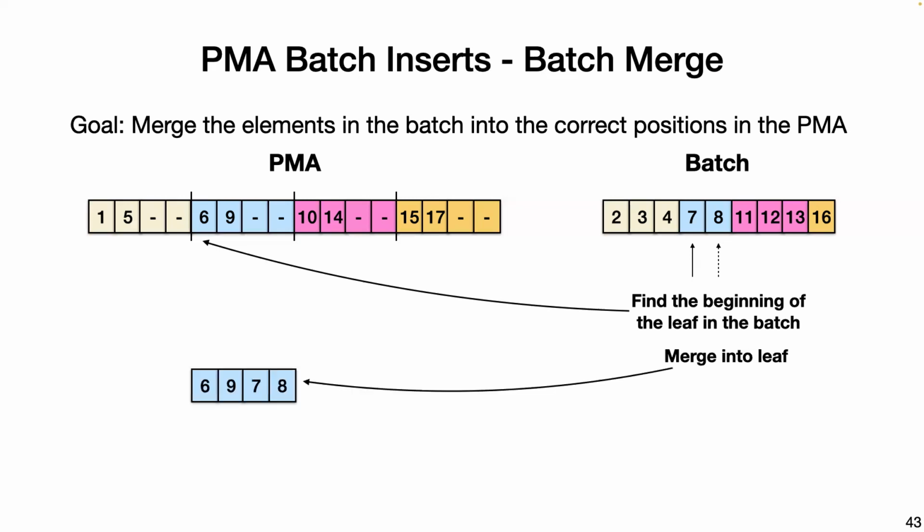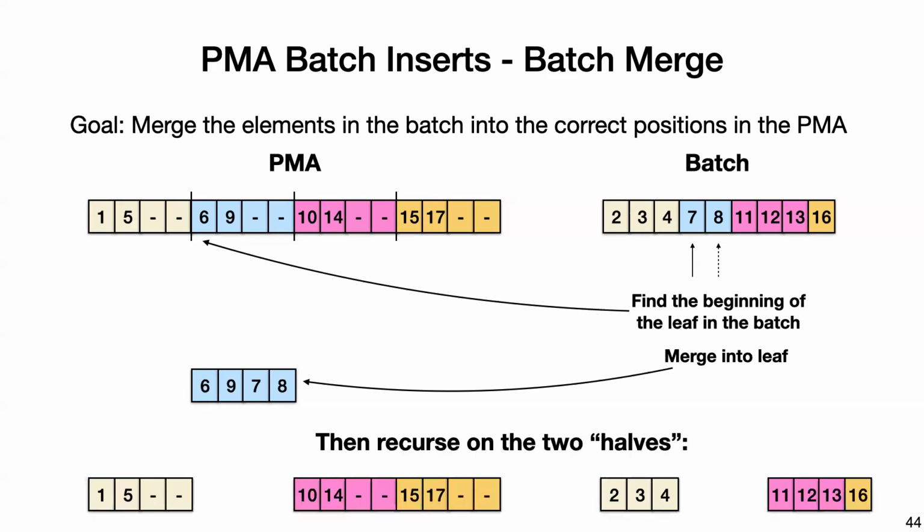So, and then you merge those elements, 7 and 8, into the PMA. So that's just regular array merge. It's like a 2-finger scan. And now this is basically like split for trees. Now you can recurse on the 2 halves. You have this one and this half. This is here. And then these are the elements in the batch that are